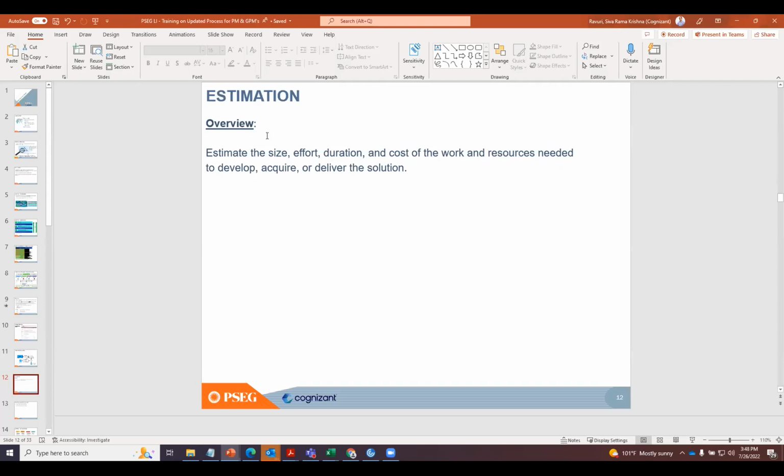The CMMI model says we need to estimate the size. I'll give a simple example. I live in the Washington DC area. If somebody asks me, hey Shiva, if you wanted to go to Long Island, how long is it going to take, I simply calculate in my mind that from here to Long Island I have to drive about 300 miles. I know I can go about 60 miles an hour, so I need about 6 hours or so. If the number of miles goes higher, that means I need more time. Similarly, even for a project,